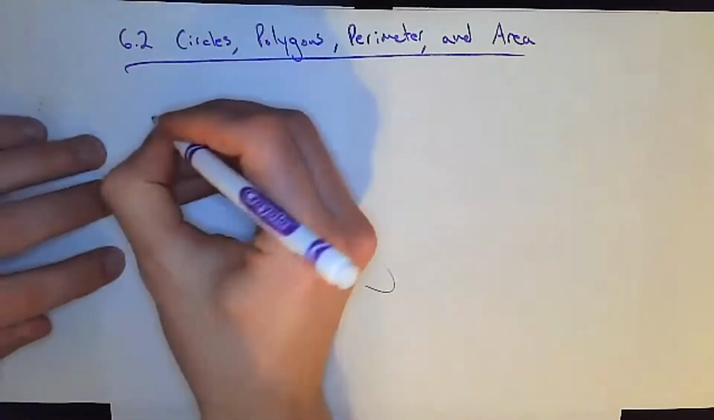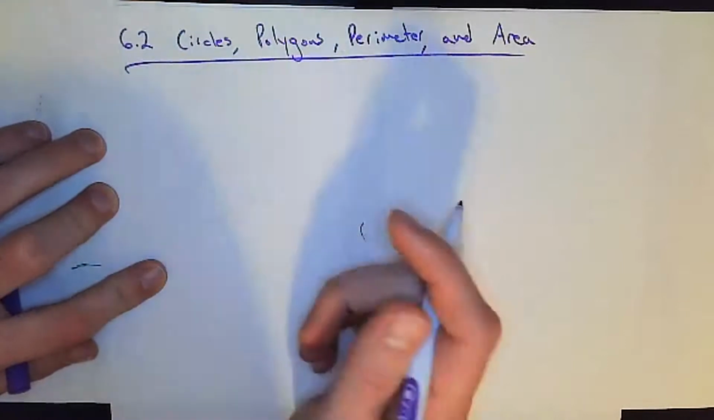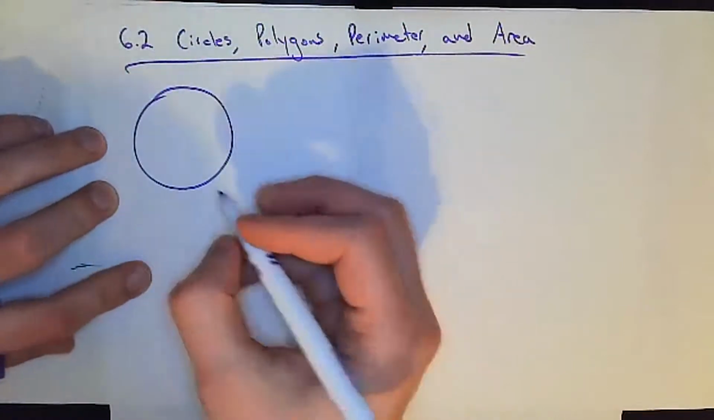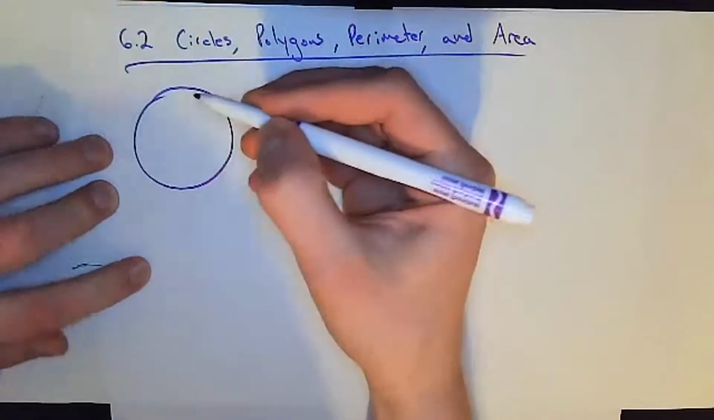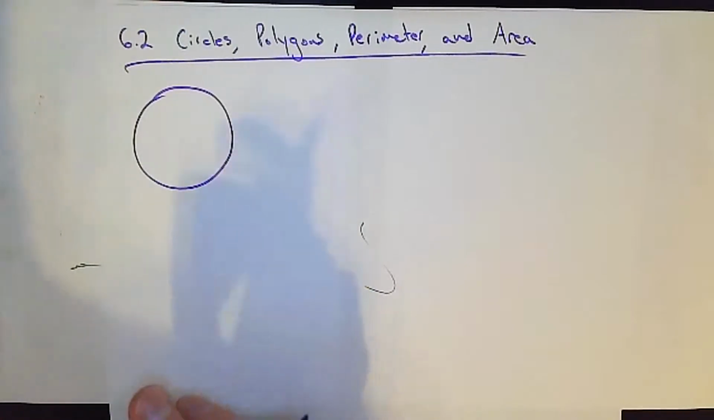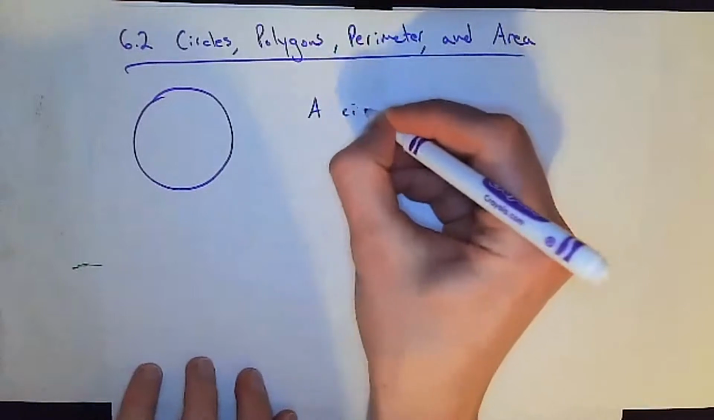So let's start off with those definitions, defining each type of shape. Let's start off with the circle. It's kind of a special case. How do you define this? Because it doesn't have a number of sides, and we could define other shapes by their number of sides. So here's how we're going to define this. A circle